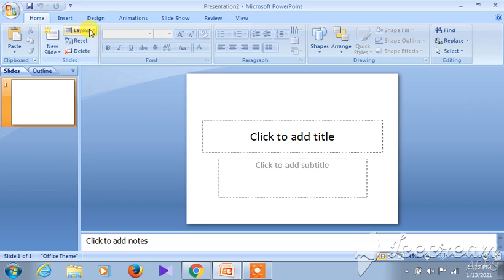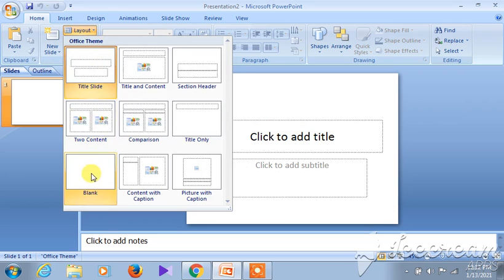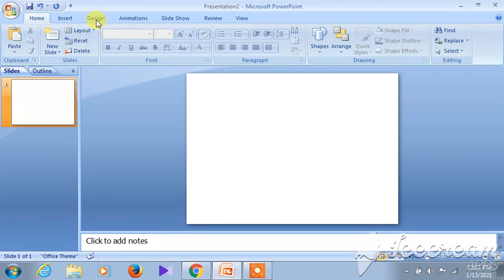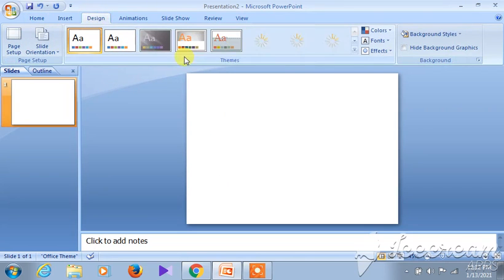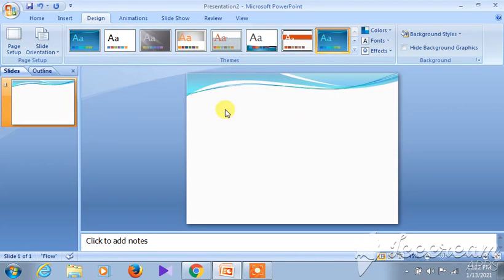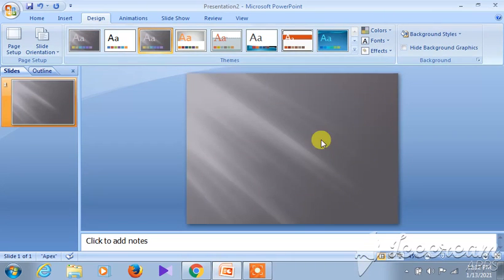So, we are taking a blank slide with the blank layout over here. After that, we go to the Design tab, then under the Themes group. Here you can see the Themes group. Any theme you can choose; suppose we are choosing this theme. You will be able to see the effect has taken place. If you observe the change over here, and if you take this one, you can see this one over here. So, this particular theme, you can see the effect.